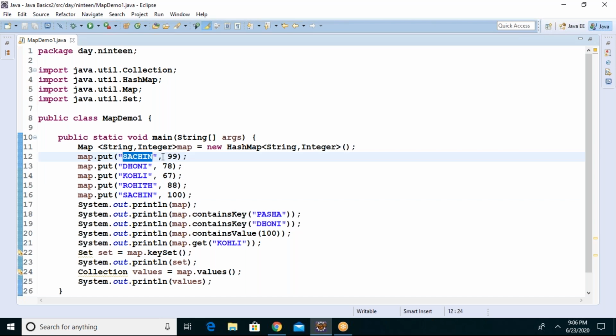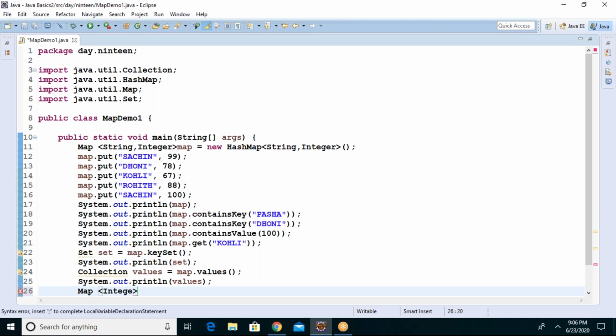So likewise, you can store customized objects also. Suppose I have a map of integer comma employee, guys, this is also possible. Emp map equals new hash map. Here you can provide integer comma employee as you wish.